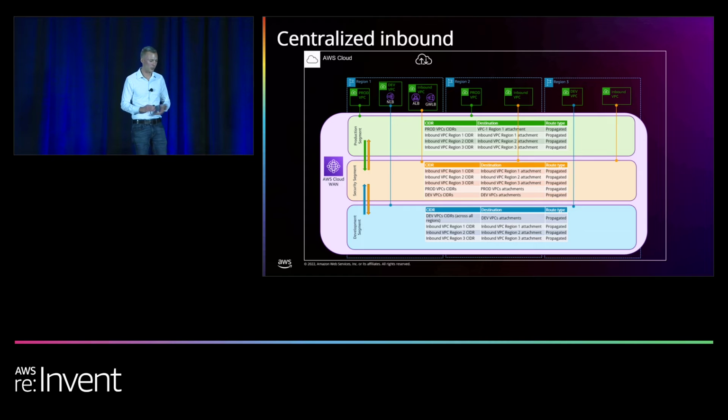If you're a developer and you don't have access to spin up an IGW, this is probably something that you need to work with. If you're a security or network team and you want to control the ingress and maybe none of your VPCs have an IGW, this is the type of architecture that will allow you to expose an inbound VPC and then have all of your other infrastructure be private within your network.